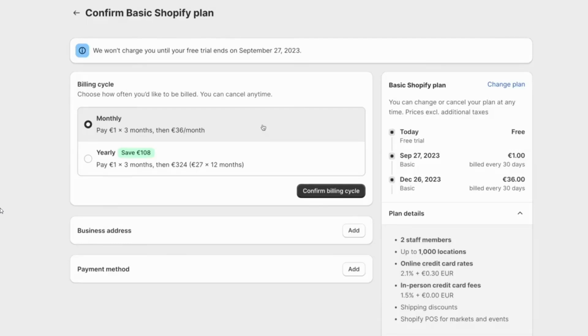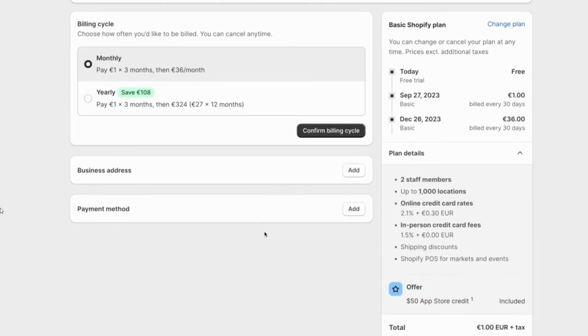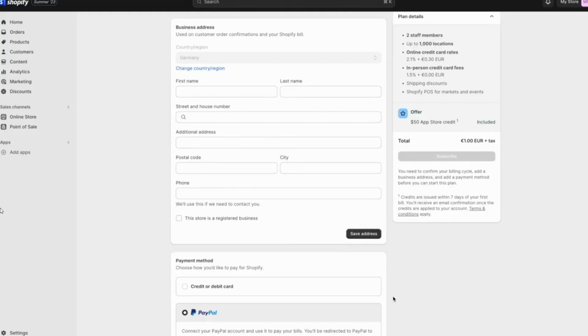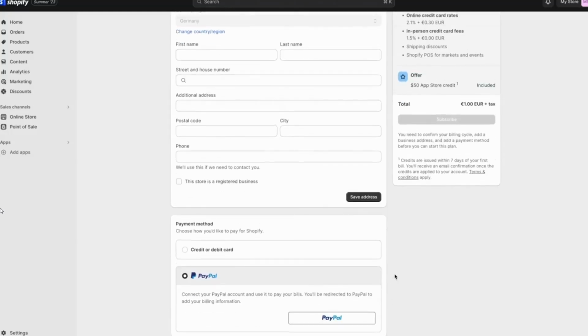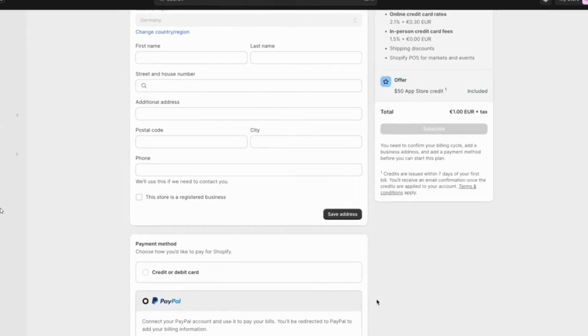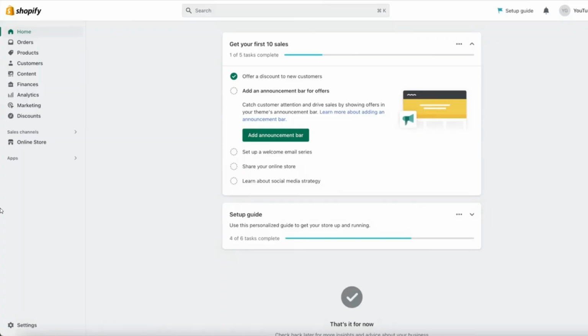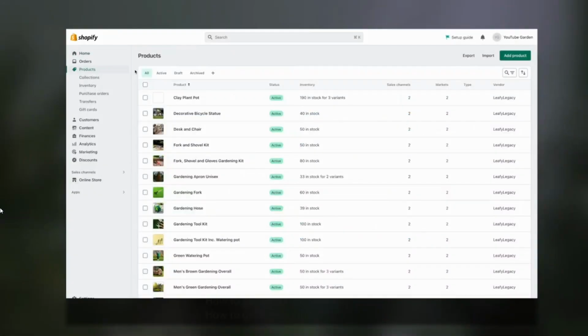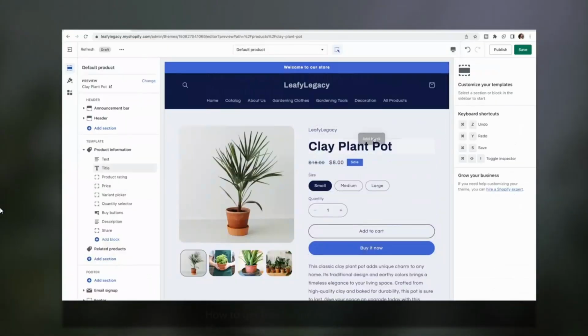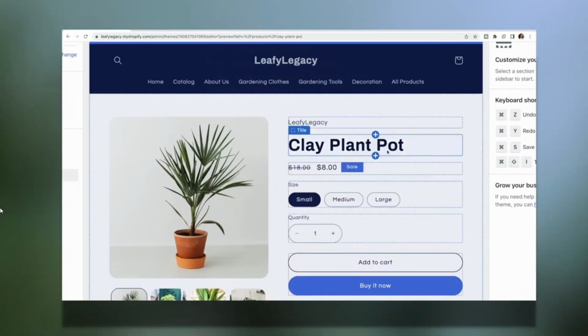When the payment page appears, you'll see the $1 for 3 months deal. Add your payment method, confirm the plan, and that's it. You now have extended access to Shopify for 3 months at a very low cost. During these 3 months, you can build your store, add products, customize your theme, test apps, and even start selling. This gives you